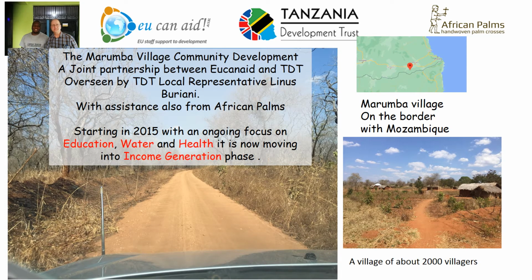The Marumba Project. The Marumba Project is a partnership between TDT and EucanAid. EucanAid, an NGO based in Brussels, have a policy to commit to a community for at least 3 years. And in 2015 they were looking for a partner organisation who had representatives on the ground, and they found this